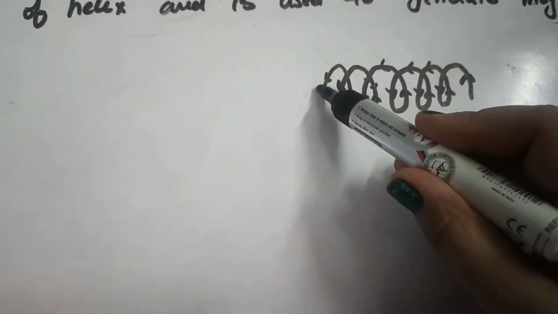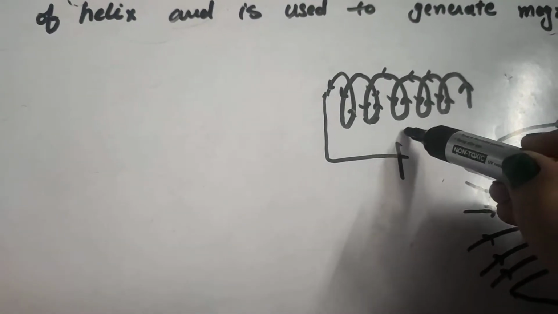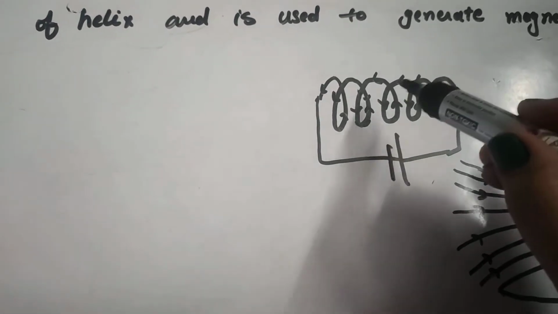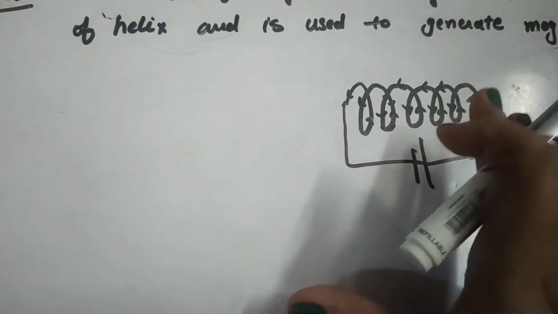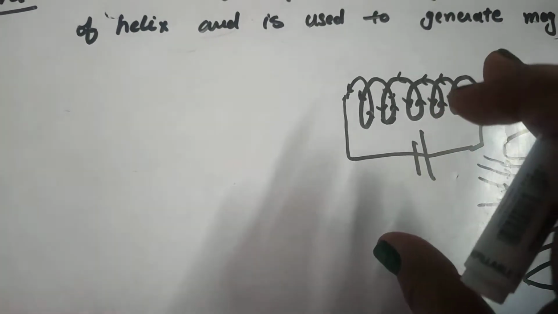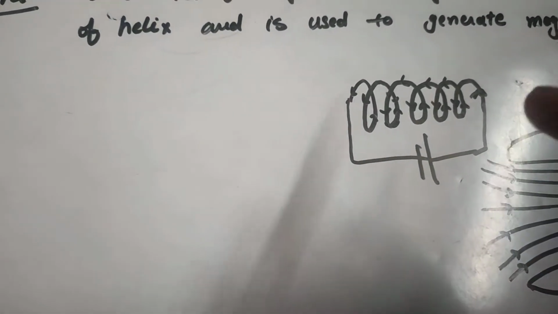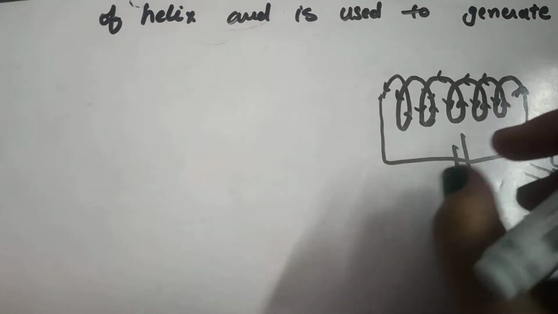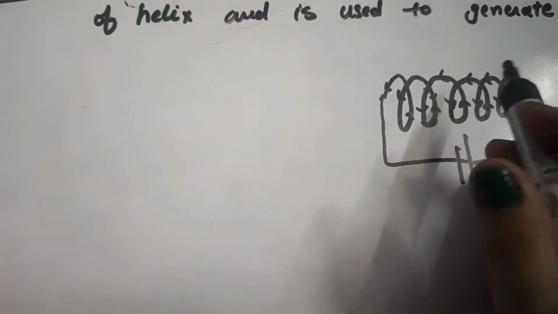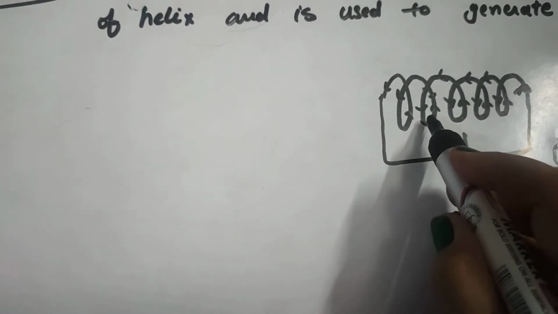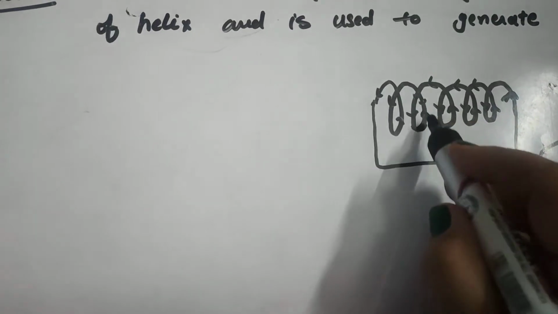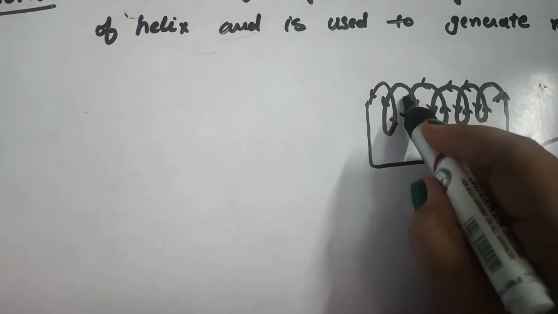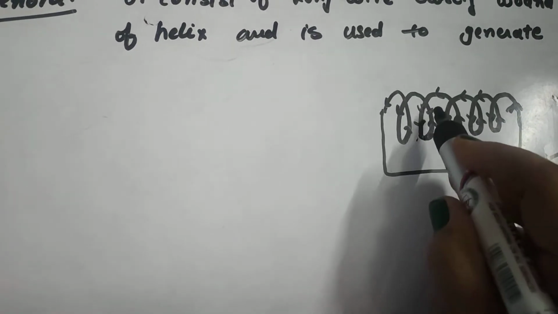Let us consider this solenoid is connected to a battery so that a current starts flowing in this anti-clockwise direction. It is found that the magnetic field inside the solenoid is uniform and is very weak just outside the solenoid coils, or almost zero if these coils are closely spaced to each other. Actually, what happened? At the end points of these coils, suppose at this point, you can see that the direction of current is opposite, and similarly at this point also the direction of current is opposite.